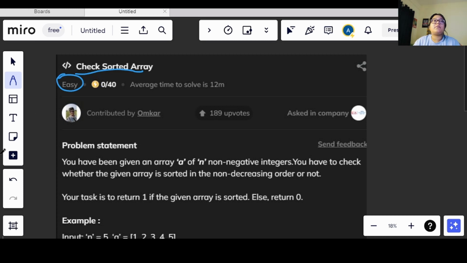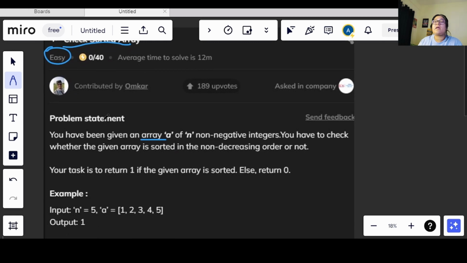The problem that we have been given here is that we will be given an array. As the name suggests, we will have to check whether that array is sorted or not. The description says that we will be given an array A containing n non-negative integers, which means we will have only positive integers here, and the number of elements in the array is represented as n.